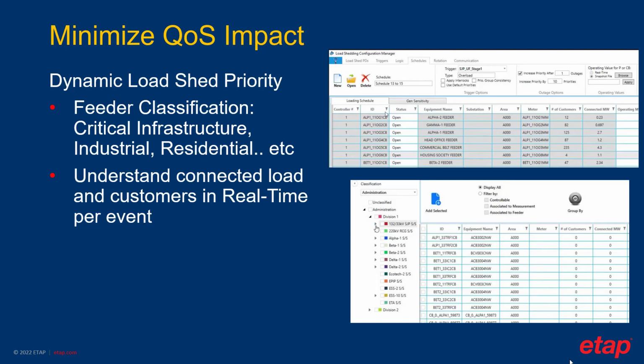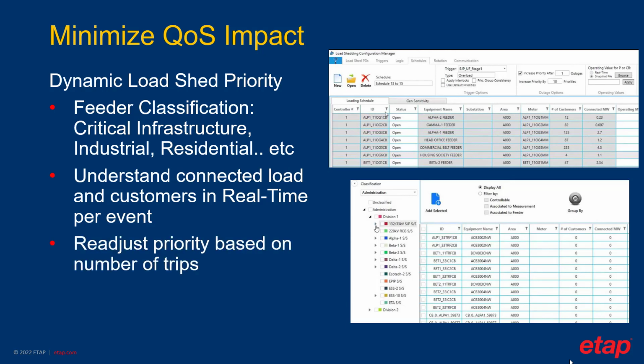to be dropped. As load shedding conditions happen, the iDLS keeps track of the number of trips that a particular load has been shed. It provides a dynamic priority algorithm that prevents a single customer or group of customers from being dropped at the same time. With the readjustment of load shedding priorities, the priority list is dynamically updated based on such algorithm to prevent repeating the same load. This functionality saves customers hundreds of thousands to millions in penalties due to low reliability or poor quality of service.